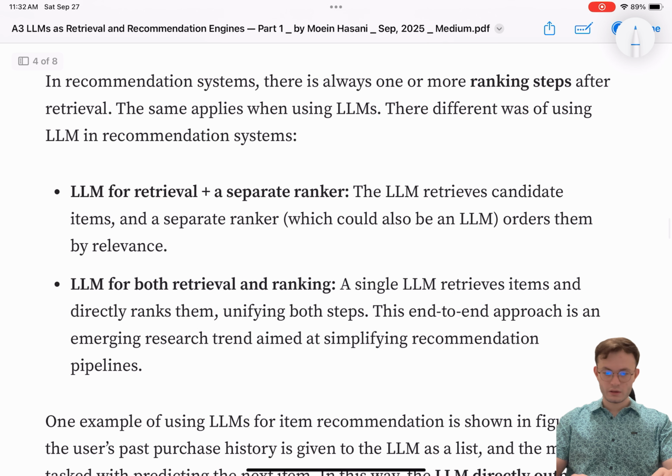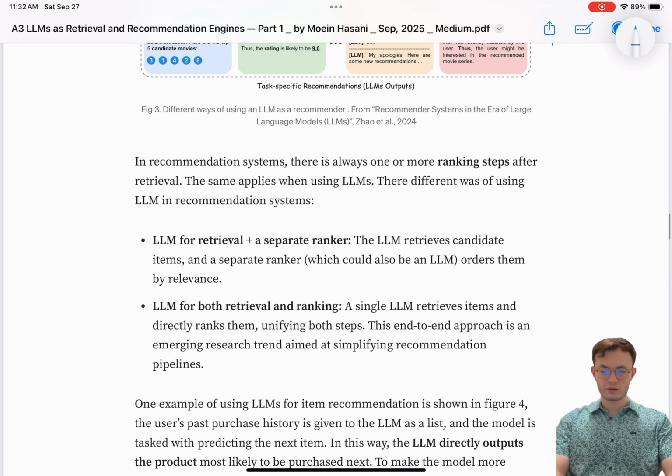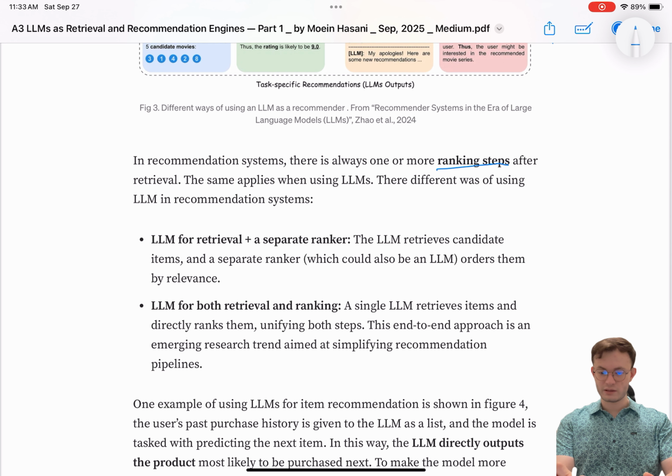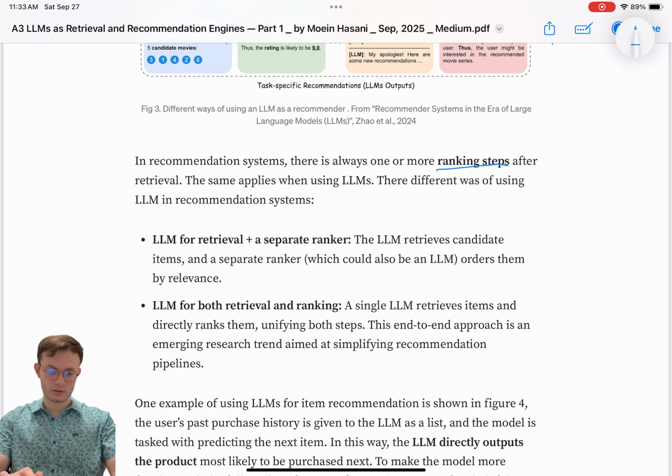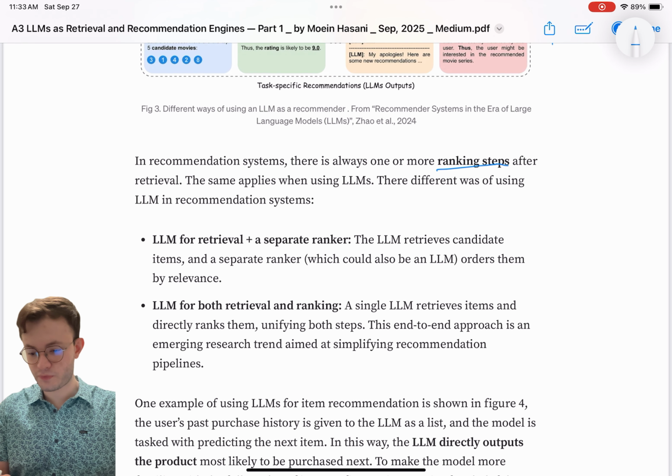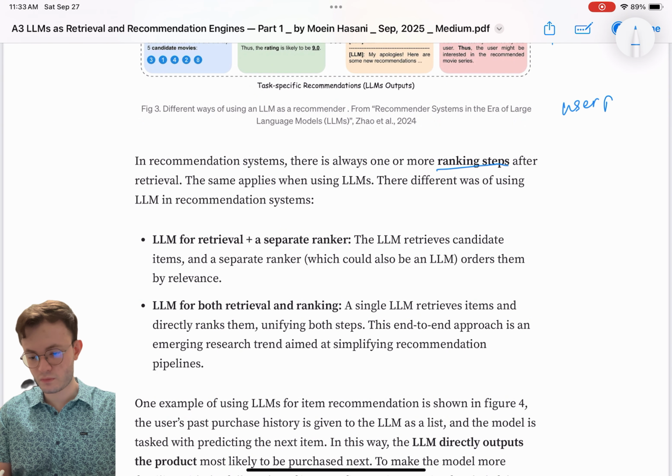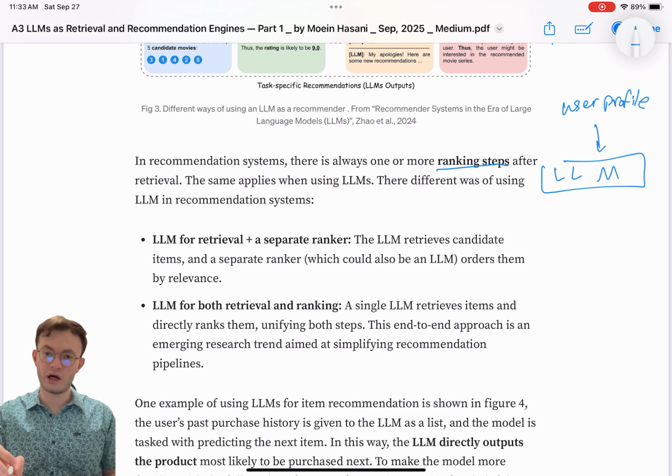Okay. So as we talked about above, there are usually ranking steps in recommendation. Let's just imagine you have your user profile. You pass it to the LLM and you ask for certain items.